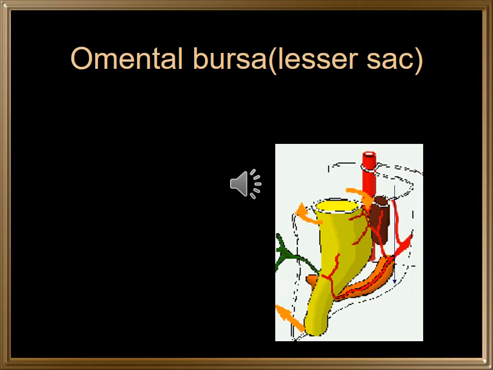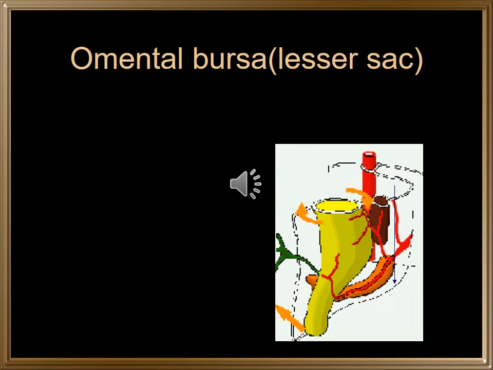Before the stomach has rotated, it is in the midline, and the abdominal cavity, we can say, is having a right half and a left half. But with the rotation and continuous growth on the back of the stomach, a part of the abdominal cavity goes behind the stomach, and this small part, which indeed has come from the main peritoneal cavity, will be known as lesser sac, or also known as omental bursa. So omental bursa or lesser sac is formed because of the rotation.